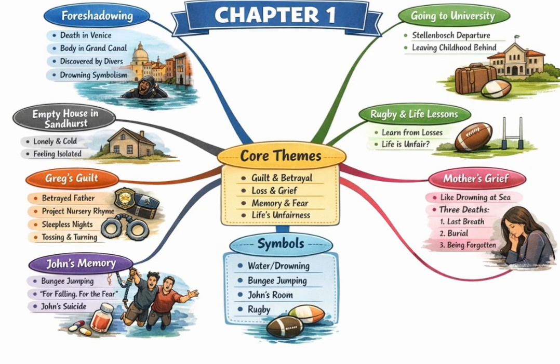The lesson from the rugby pitch, that fairness isn't guaranteed, that you learn more from losing, is tied directly to Greg's life. His personal tragedy feels like this huge, unavoidable loss. So the author's basically saying that Greg's situation isn't just bad luck. It's part of some inherent injustice in the world. Exactly. The world doesn't just hand you happiness for being a good person. It solidifies this idea that he's in a no-win situation. If he'd hidden what his father did, he would have had the moral guilt. By revealing it, he has this crushing psychological guilt. He's perpetually defeated, just like the coach's lesson implied.